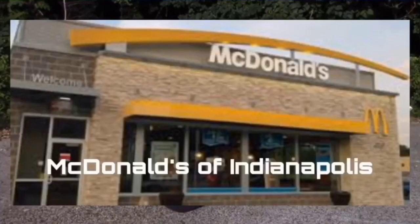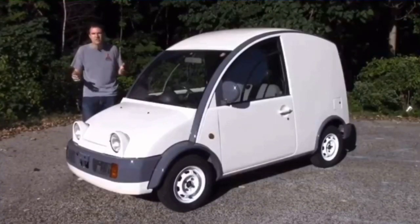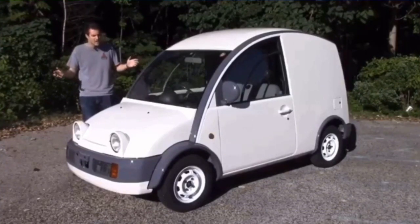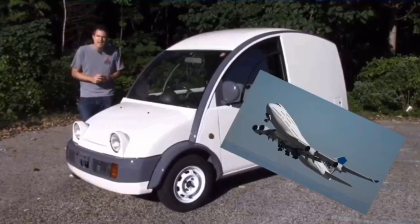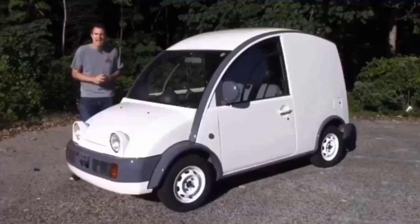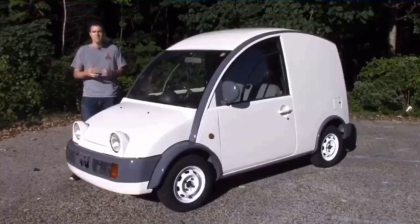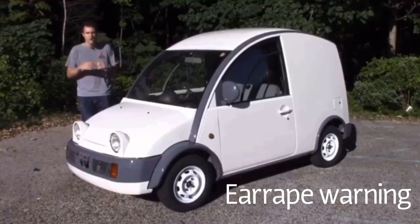In fact, I got it from McDonald's of Indianapolis, and they have this amazing inventory of sexual toys. I looked at all that, and I called them and I said, can you get me a Boeing 747? And they were like, are you completely insane? And I said, yeah. And they said, all right, we can probably find one for you. And so,